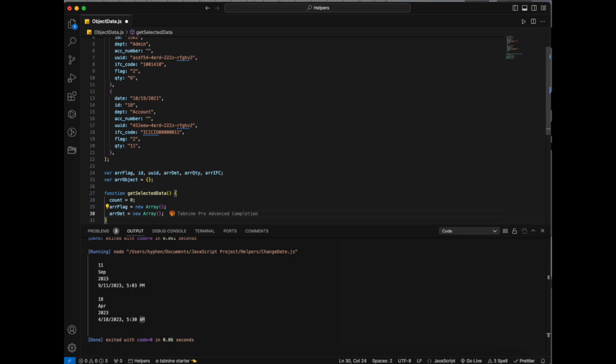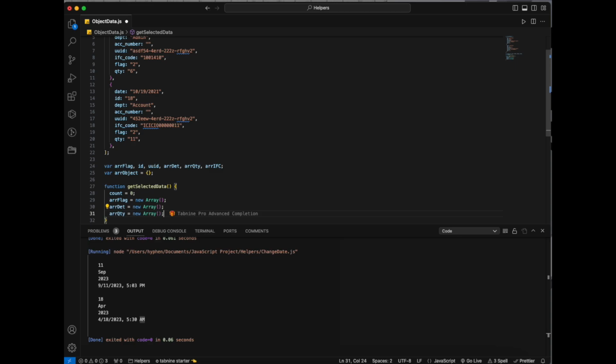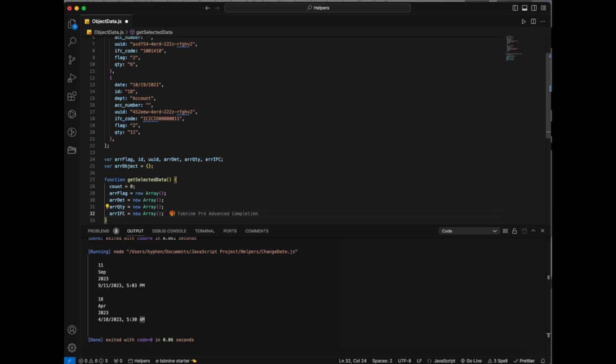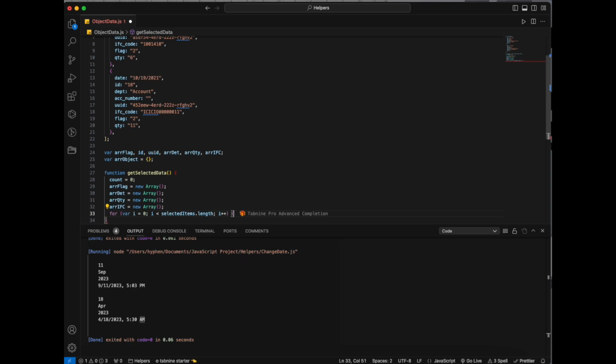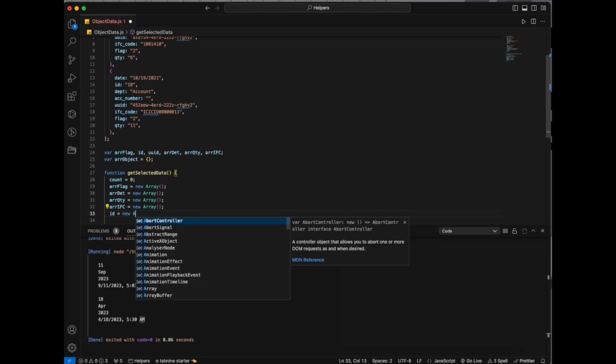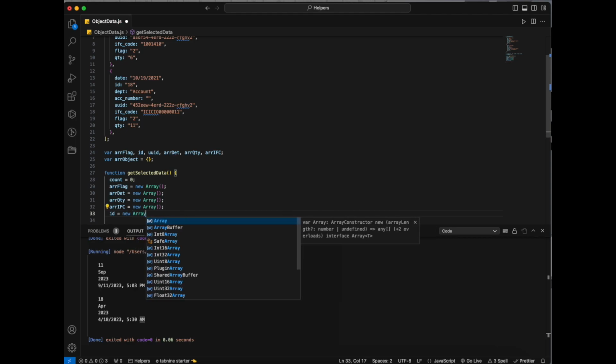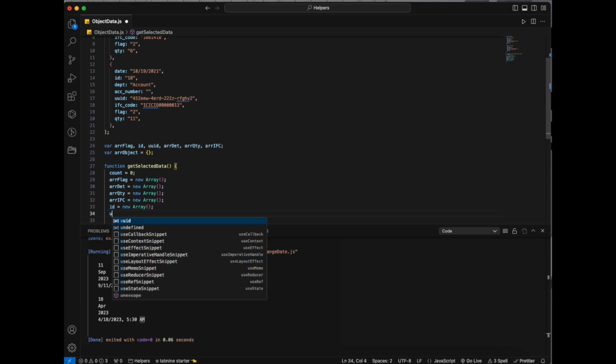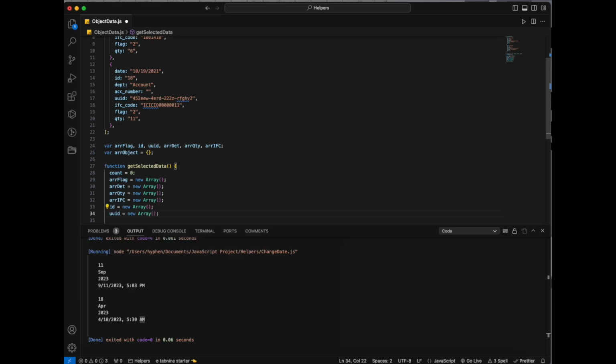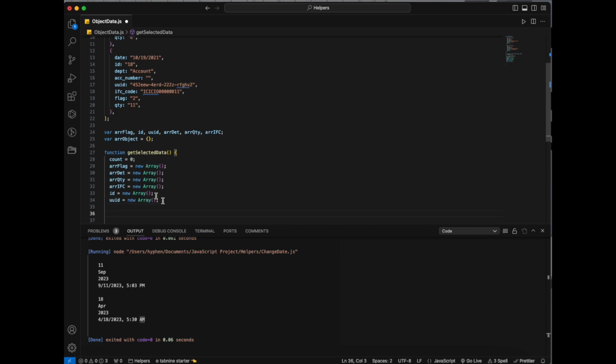So for department, quantity, this suggestion shows because of tab 9. Now array flag, department, quantity, IFC, and I want ID and UID also. ID is equal to new array and UID. This creates an empty array for all the given variables,